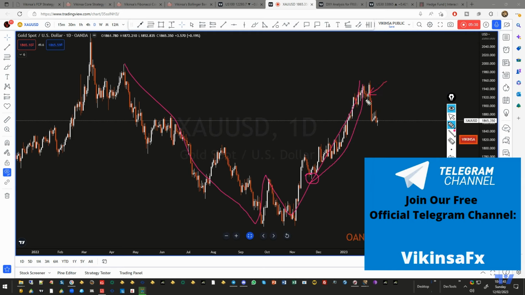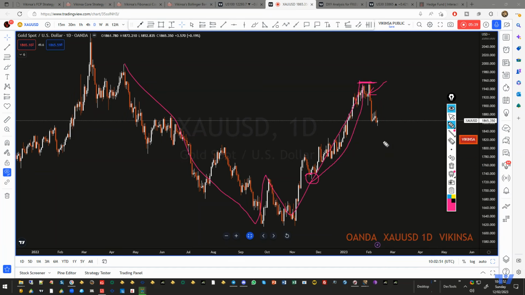Now, because of this fall, gold has come out of this parabolic move, which means that the market may not try to go above this. That usually happens, it does not actually violate. Once the market comes out of the parabolic move, it does not try to go beyond the previous high or previous low. But it may try to go up. So what can happen is the market was parabolic, it fell down. Now if the conditions change, it can go up and then form an M pattern, which is a very common thing, which can happen. But right now, let's focus on this particular structure which has been forming.